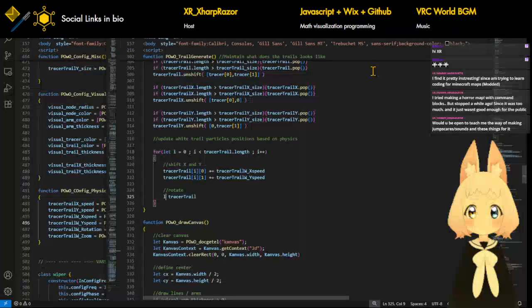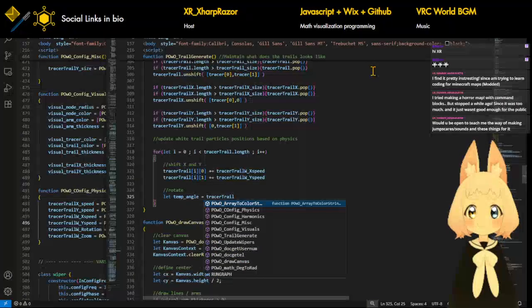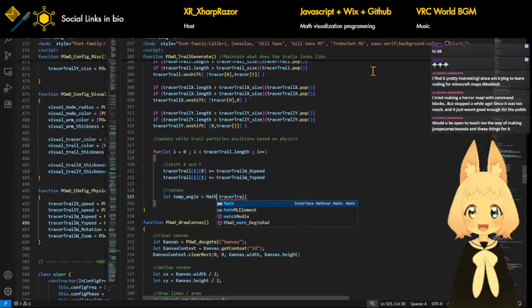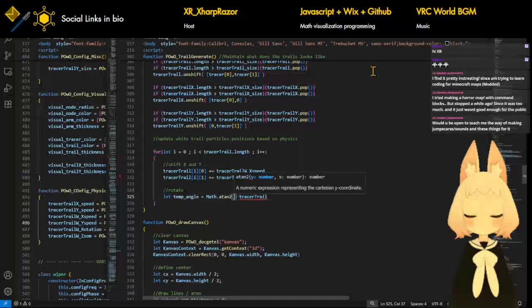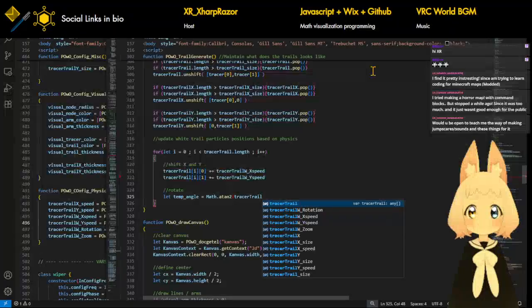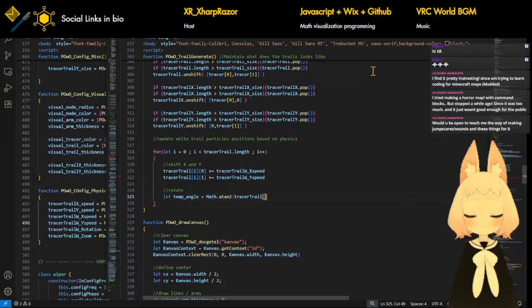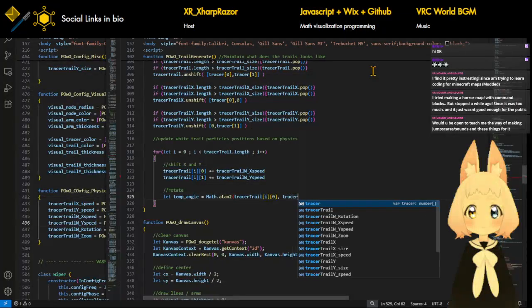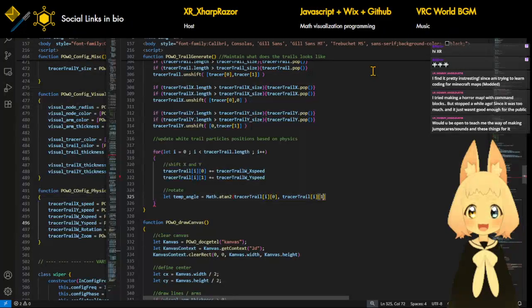So we can say let temp angle be whatever this is, and then we can go Math.atan2, or arctangent, tracer trail i 0, tracer trail i 1. So we have that. That will give us the angle, and then